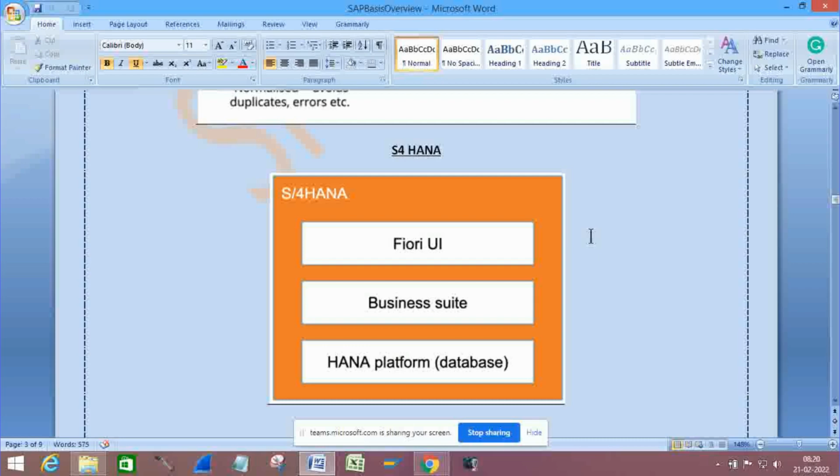Business Suite consists of all the applications, and HANA platform is basically, since there is no support from Oracle now, SAP has developed their own database. They call it HANA, and this is in-memory computing. Because of HANA, the performance of the system has dramatically increased. So whatever is accessed,